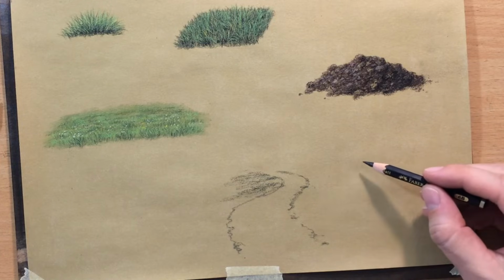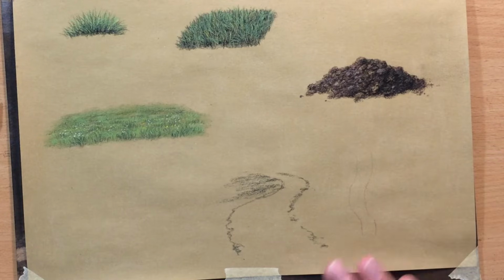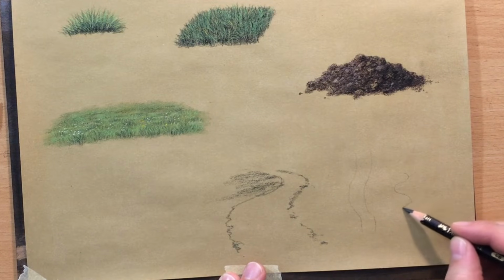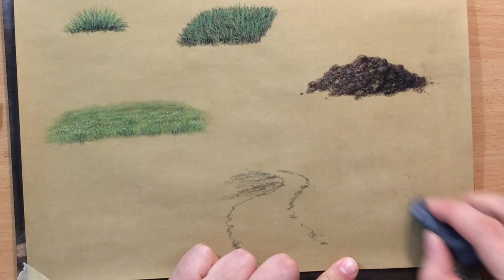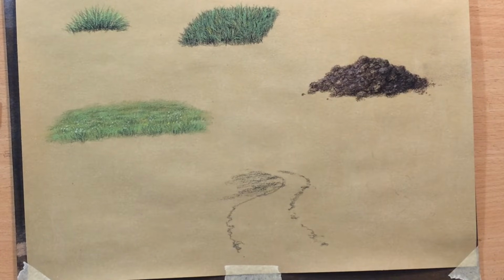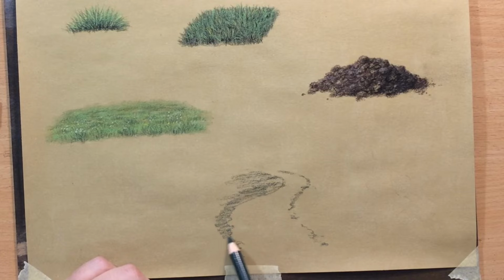So if you pay attention to this jagged shape of the road, it's because of the foreshortening. Normally when you look at it from above it looks straighter and smoother, the curve does, but when you look at it from this perspective it becomes shorter, it becomes more foreshortened, and the edge also gets much more jagged because of the way the path is winding, but also because of the smaller tufts of grass which are kind of growing into the